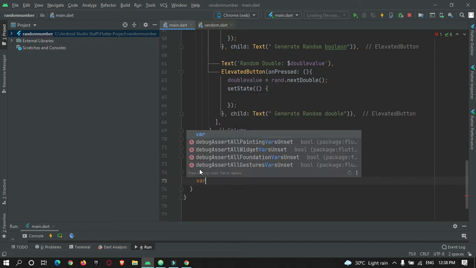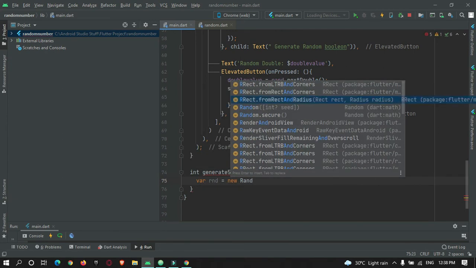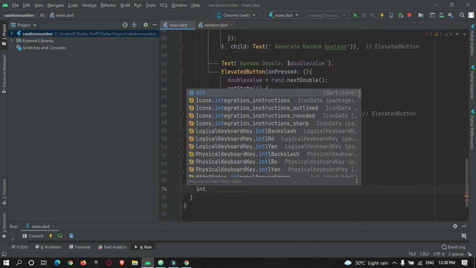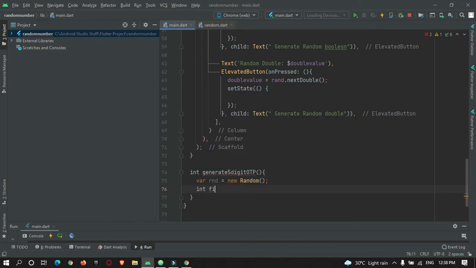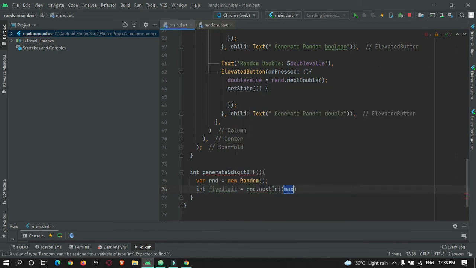Here, create an object of Random, new Random. Now here we will create a variable, int fiveDigit is equal to random.nextInt.